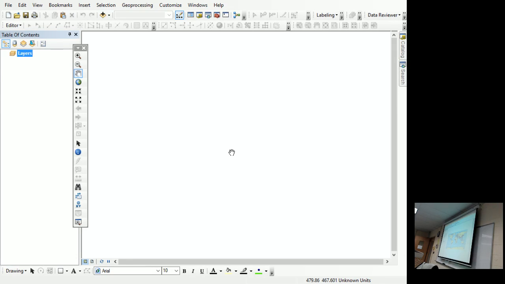Okay, so just say I asked you to take a screenshot of South America and paste that into a Word document. You would go in and you would zoom in to South America, wherever you want. Then to take a screenshot, it is the Alt key and then print screen. So hold the Alt, hit the print screen button. Then 99% of the time, I'm going to tell you to paste that into a Word document. So I'm going to just open up Word.